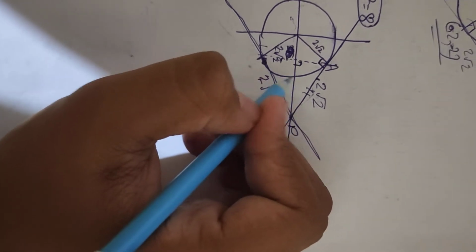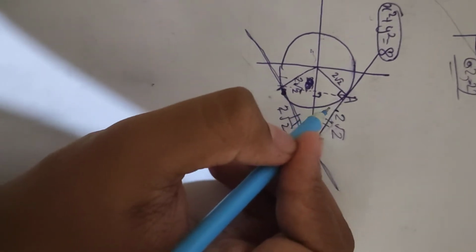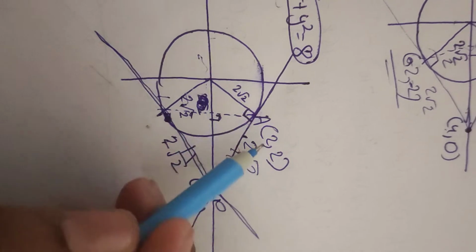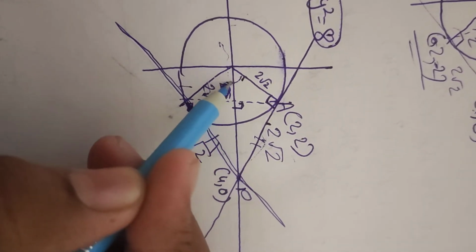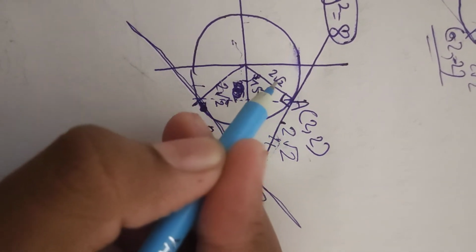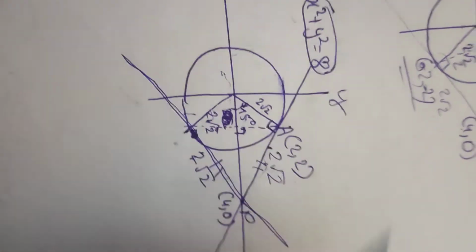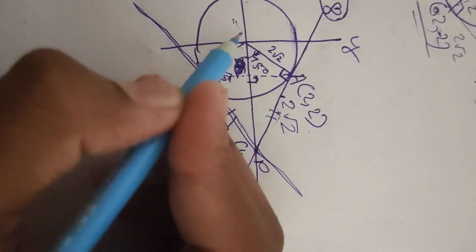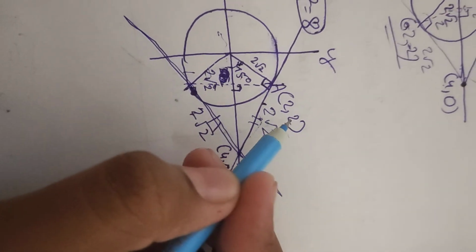So if this is perpendicular, right, we can also know that the coordinate of A is 2 comma 2. How did I find that out? This is an isosceles right angle triangle, so it would be a 45-degree angle, right? 2 root 2 cos 45 is equal to the x coordinate, because y axis and x axis respectively. So we can easily find the coordinates of A, that is 2 comma 2, because it is 2 root 2.